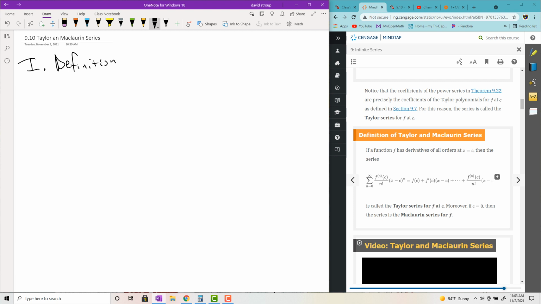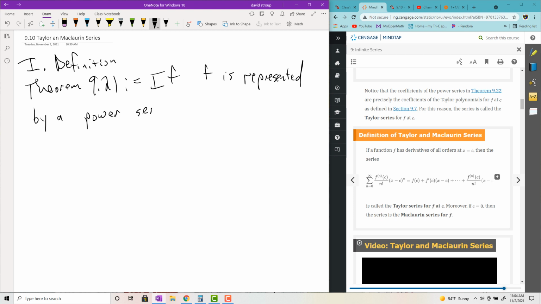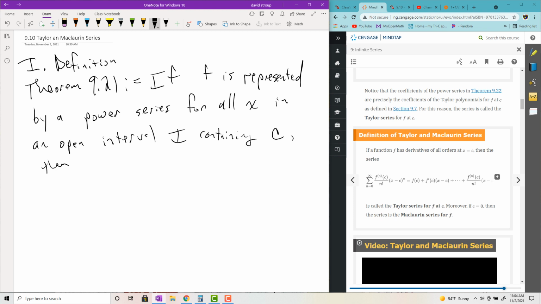So we'll say then from theorem, I guess it was 9.21, if f is represented by a power series for all x in an open interval I containing the center c, then it must have the form of this power series,